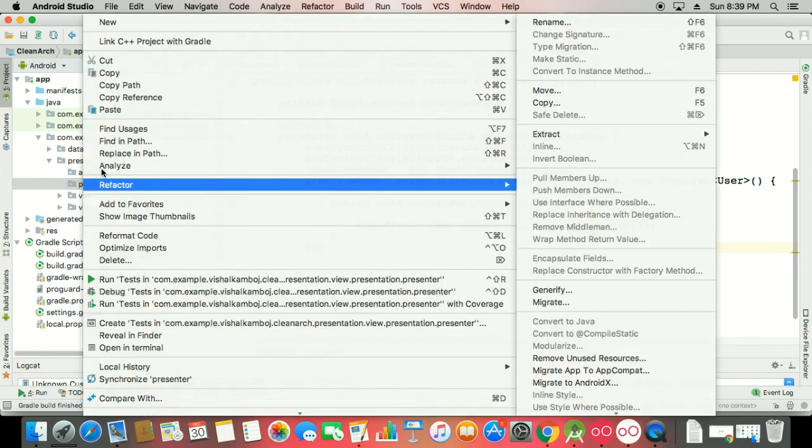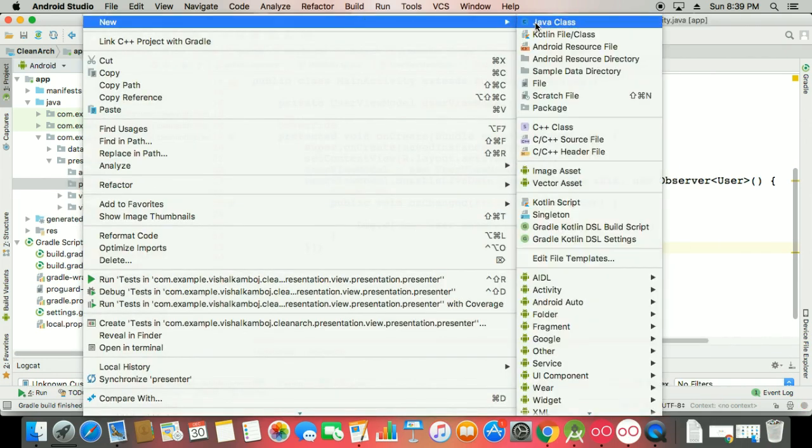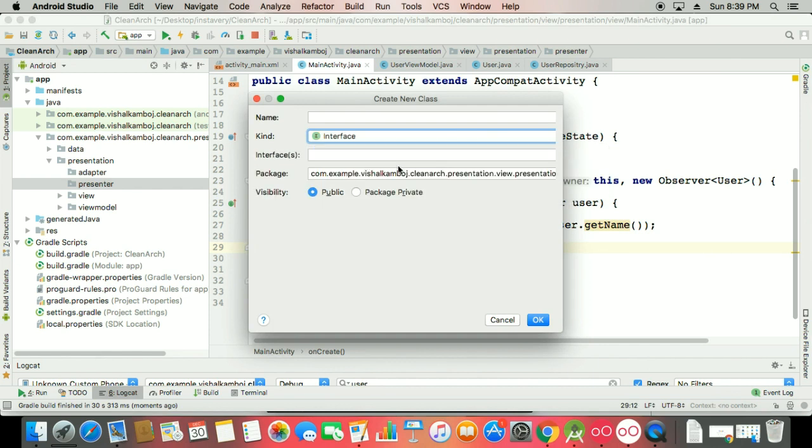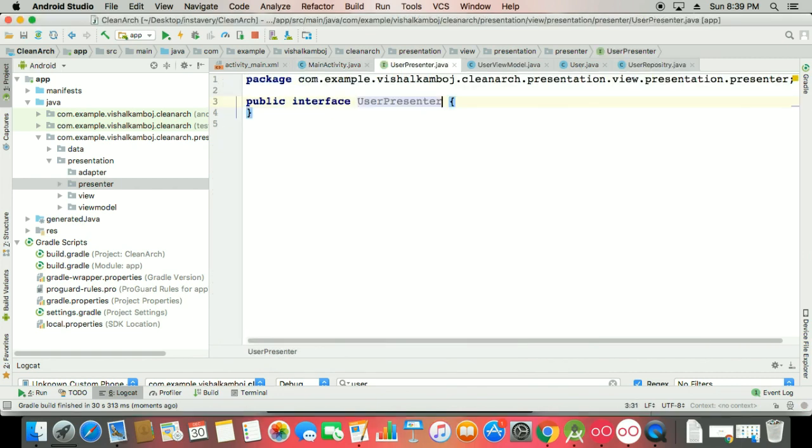We have a presenter. I'm using a new Java class as an interface, that is your user presenter, and inside this interface I'm making a void on click method, so that we have to implement. But how do we call it?